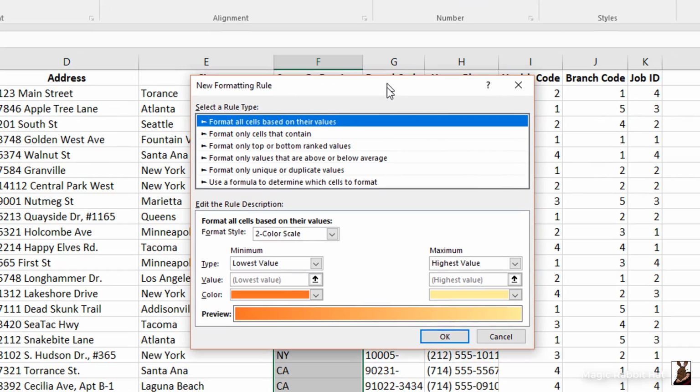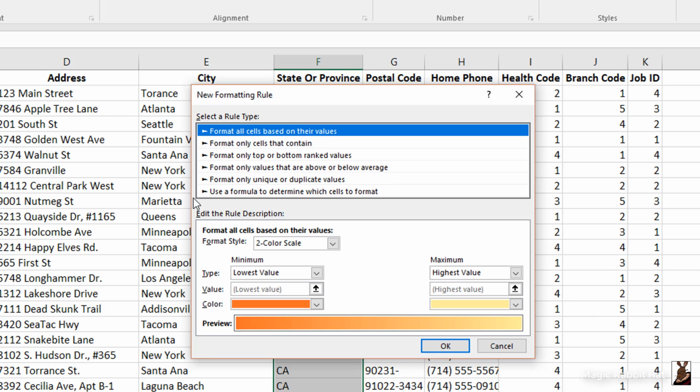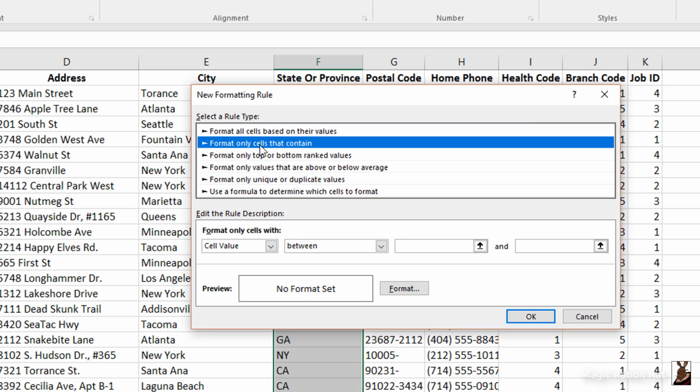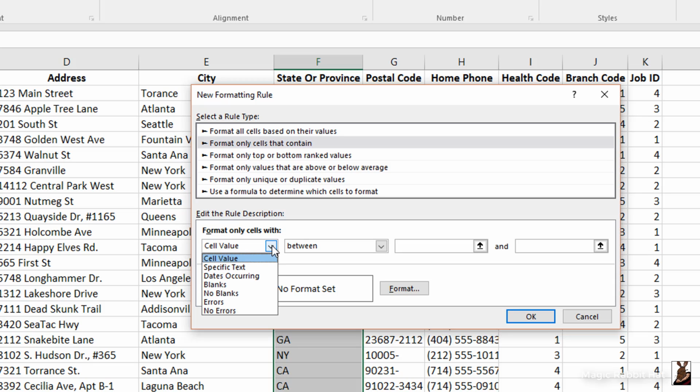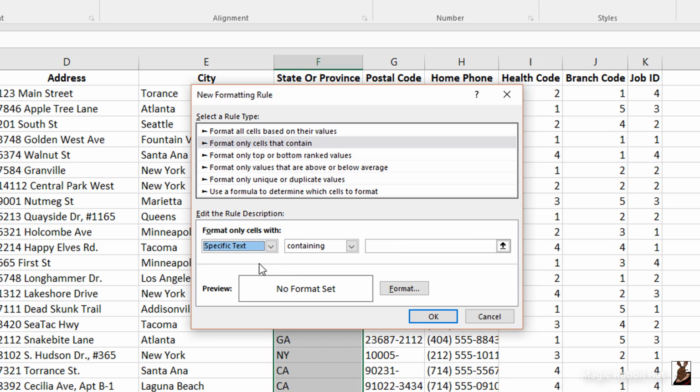When the New Rule dialog box appears, I'll select Format only cells that contain. And then from the Details section here at the bottom, I'll change the entry from Cell Value to Specific Text and text containing MN